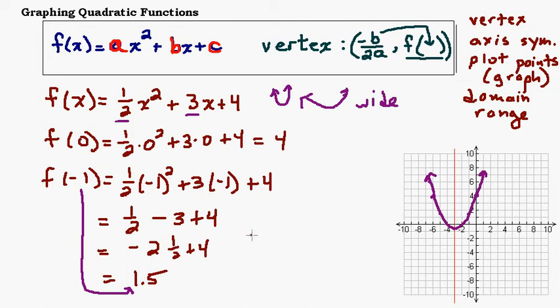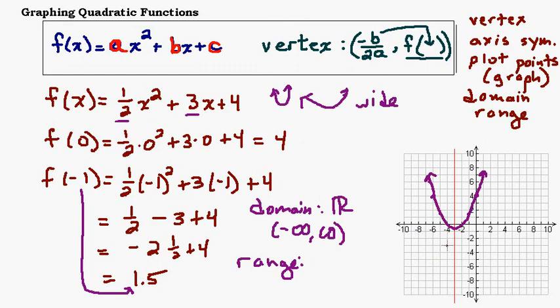Domain and range. The domain with these kinds of parabolas, where they're opening either up or down, is always going to be all real numbers. There are some that open to the left or the right. They're not functions, but they're still parabolas. But the domain of parabolas that open up or down is always all real numbers. Always. So that's pretty easy. The range